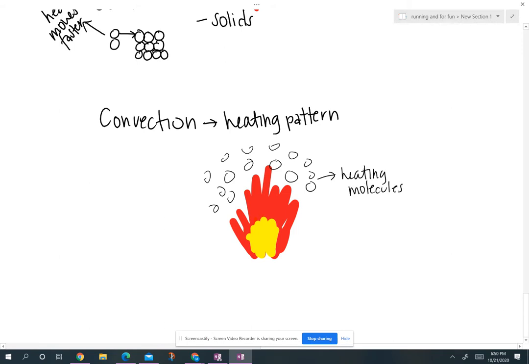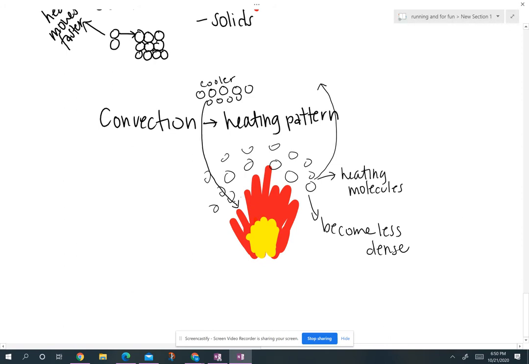right? And heated molecules travel quicker, right? And since the heated molecules are moving faster, these molecules become less dense. And the thing about less dense molecules is that they tend to come up, and they are going to float up. Because they're less dense, they're lighter, and they're going to float up. Now, the molecules down here or up here are cooler. And cooler molecules tend to be more together. So cooler molecules are going to sink,